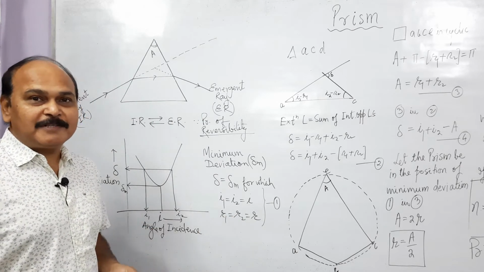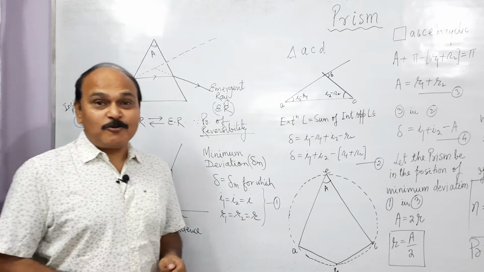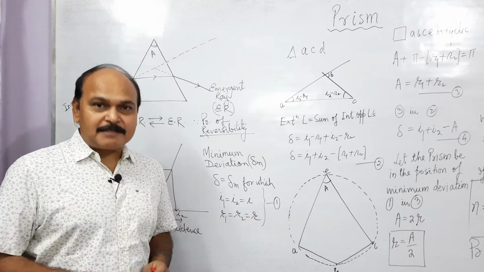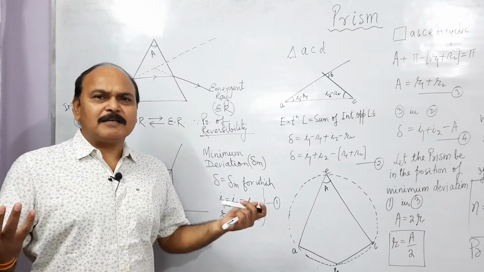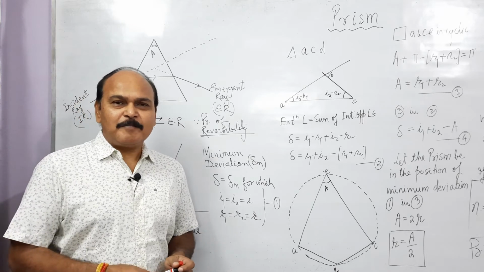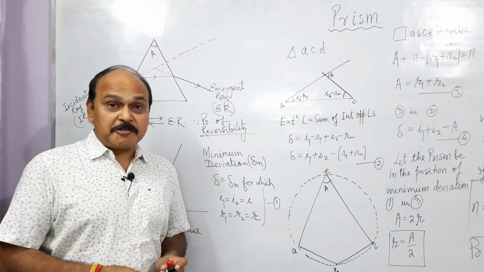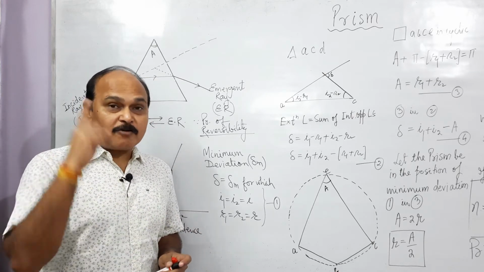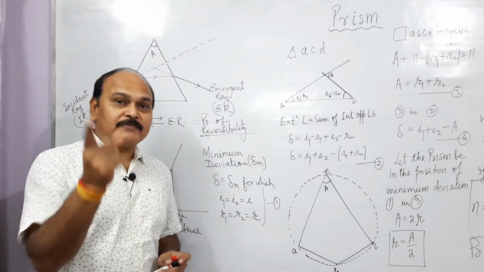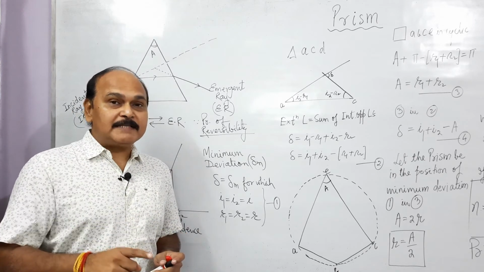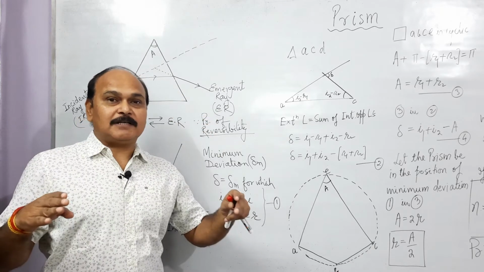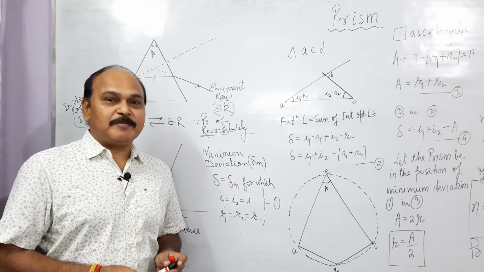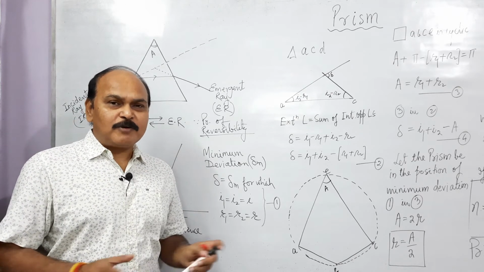Well, all of you are familiar with the device prism, and you also know that when a ray of light passes through the prism, it bends towards its base. Why? Why does a ray of light passing through the prism bend towards the base? Well, it is simply because as the ray of light passes through the prism, it undergoes two refractions one after another across two plane surfaces which are inclined to each other, and both the refractions favor the bending of the light towards the base. So how does this happen?